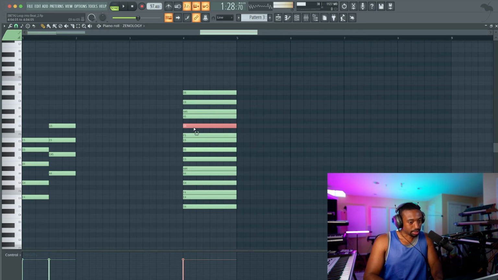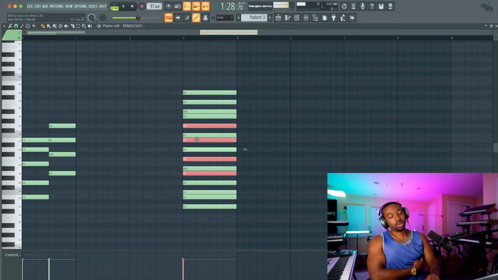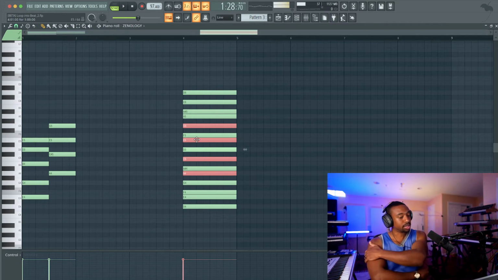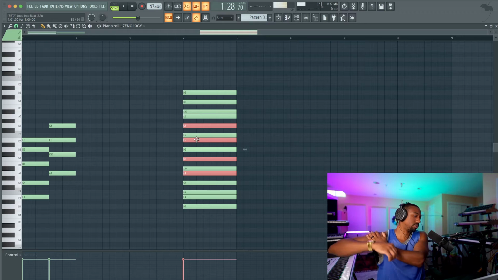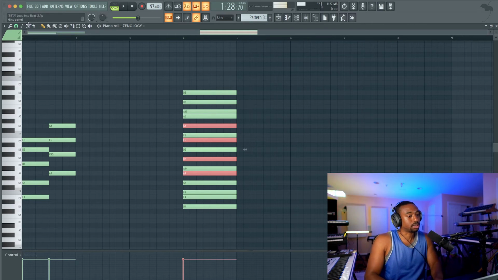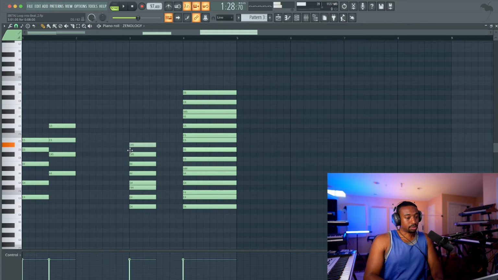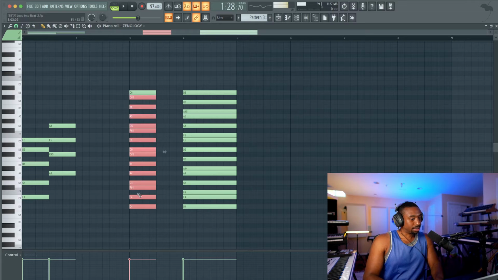And I know I'm going outside of the scale, but it's to create a different vibe. Okay, so what we're using right now are called parallel scales. So you could use the D major scale if you wanted to make it a little bit easier. I probably should have just done that from the jump. I'm getting a little convoluted because this is kind of advanced music theory. So we're in a parallel scale called the D major scale.